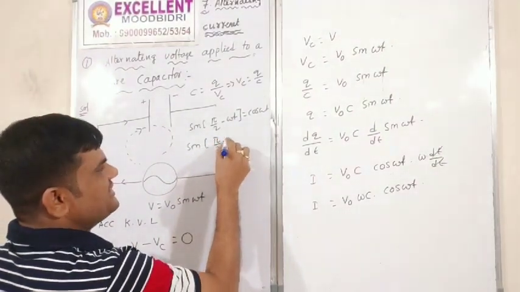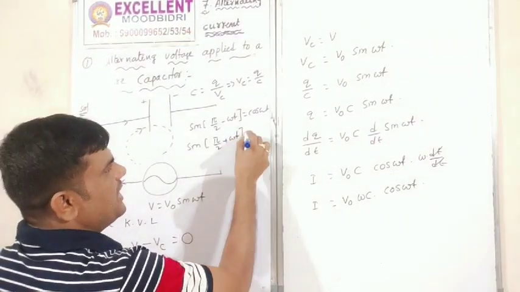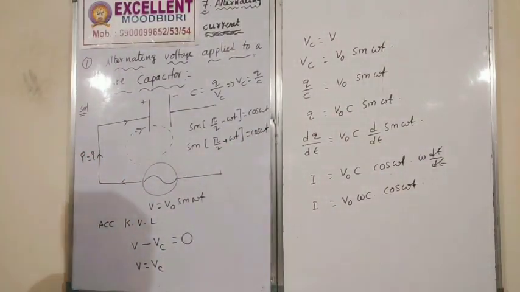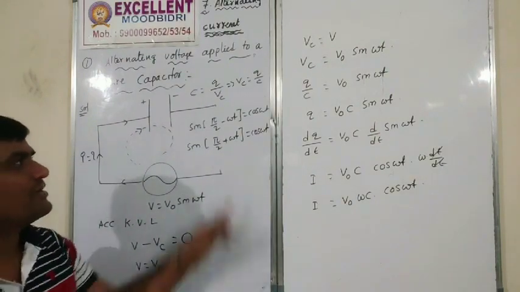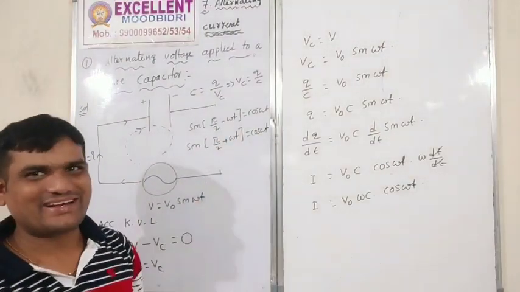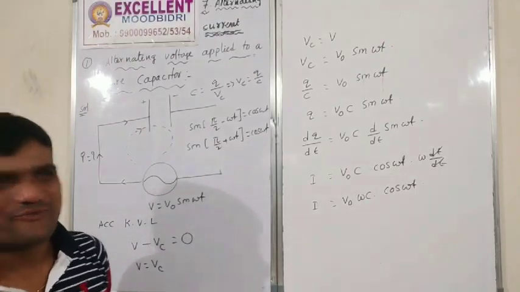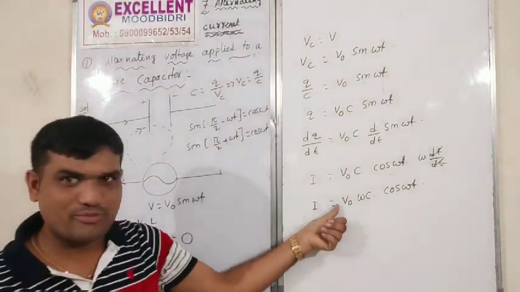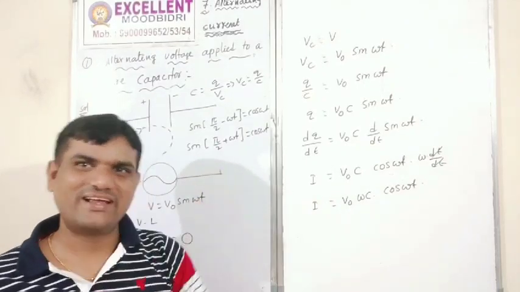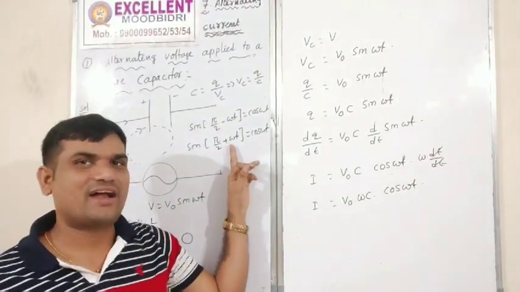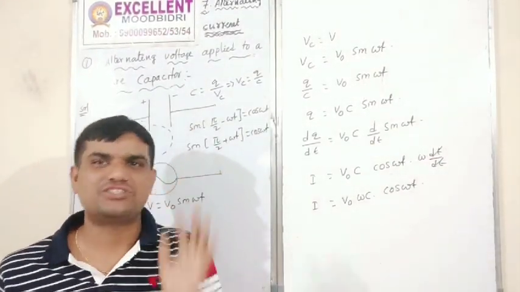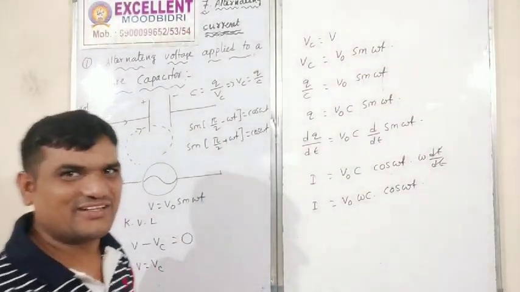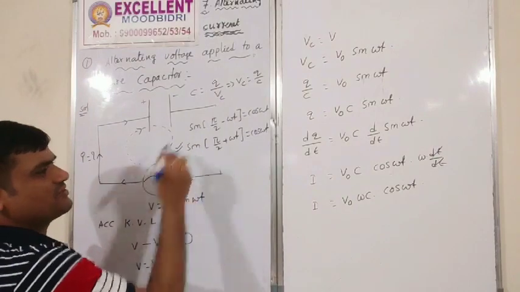90 plus theta, also cos omega t. Therefore, which one do we want to follow? This one is better. In the previous year there was a minus, that's why we followed that one there. But here there is no minus. And I also told very clearly, omega t we always want to consider positive. Always positive only. That's what I will follow.